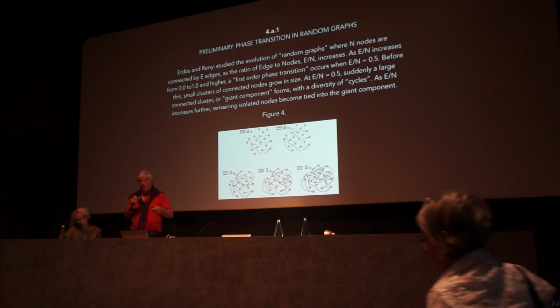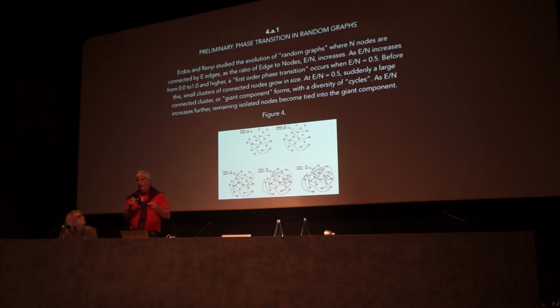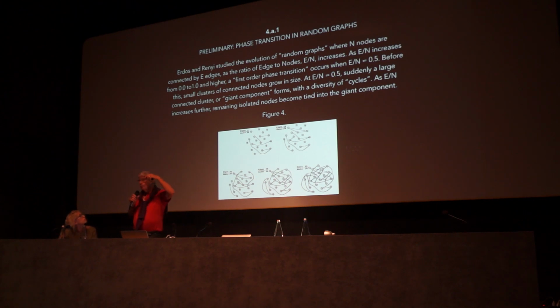Put down 1,000 buttons on the floor, pick up a spool of red thread, break off a piece of red thread, tie two buttons together at random, and just keep doing that. Every now and then lift up a button and ask, how many buttons do I lift up with it? It goes through the most stunning phase transition. Where there's a lot of buttons and very few threads, the buttons form separate clusters called components in a graph,